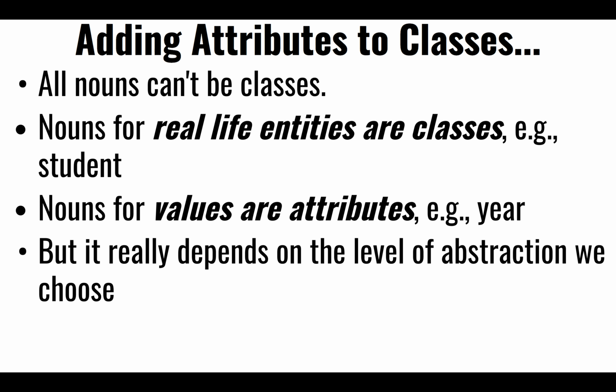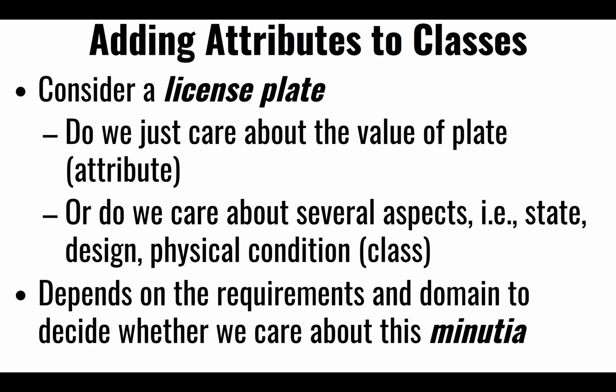So it might as well be a compound data type, right, that contains all the nouns. And so at the beginning, you might come up with a naive representation where everything is a class, but iteratively decide to group several attributes into one class. So, for instance, the license plate,